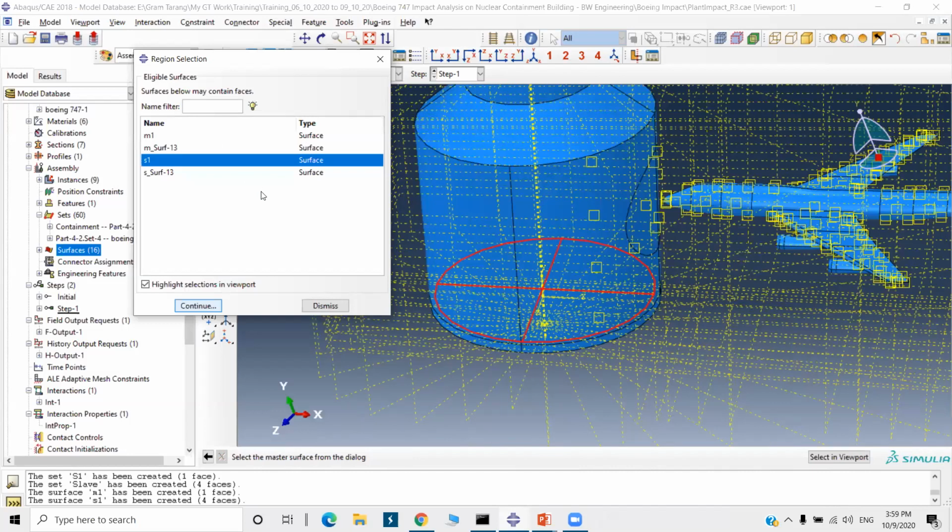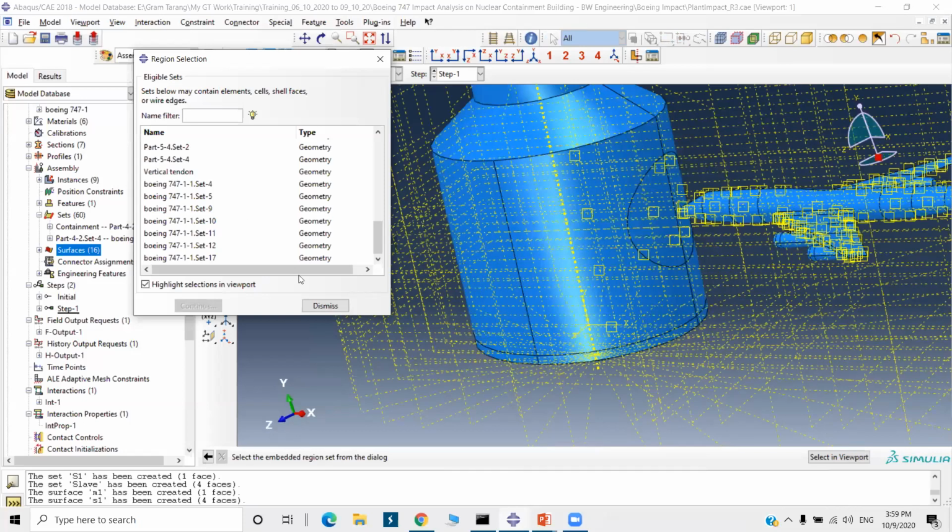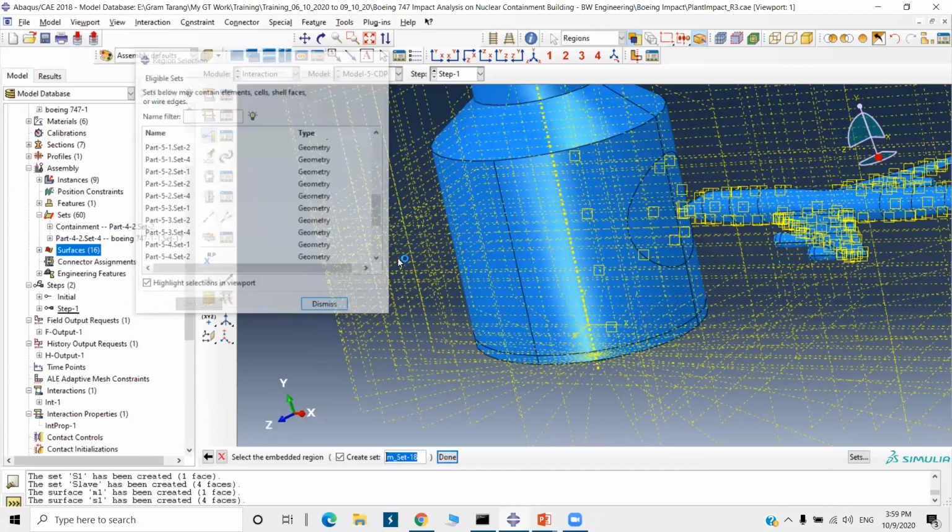Create constraint. Embedded region, continue. So first we need to create set again.